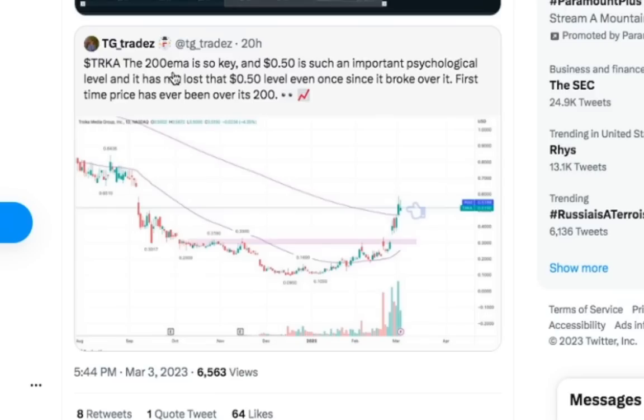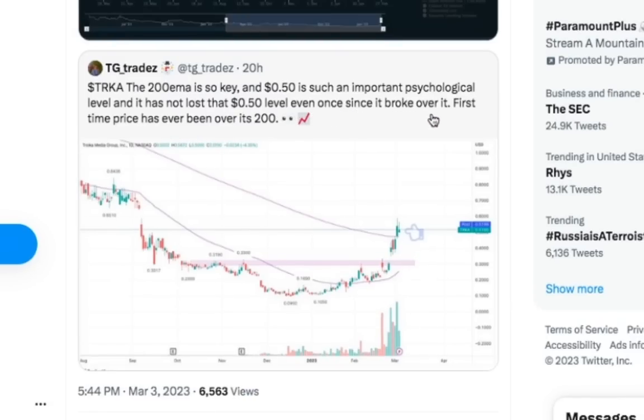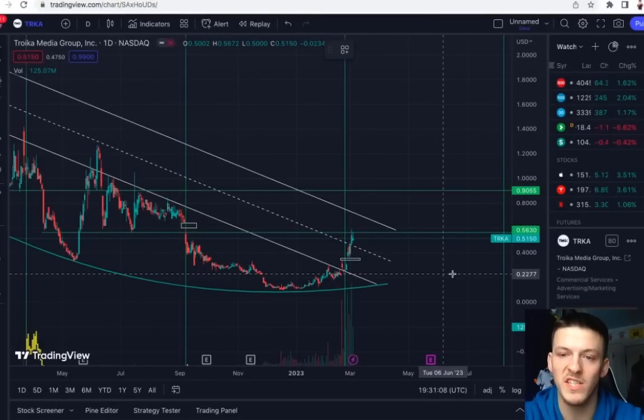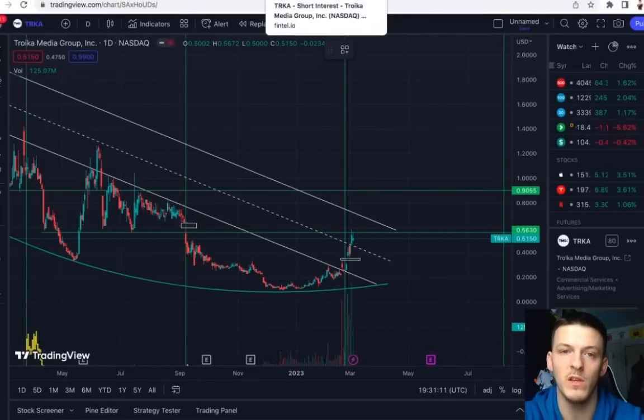Another person tweeted, TRKA, the 200 EMA is so key, and 50 cents is such an important psychological level, and it has not lost that 50-cent level even once since it broke over it. First time price has ever been over its 200. This is a very, very important technical indicator, and we are sitting right above that 50-cent level at 51.50 currently